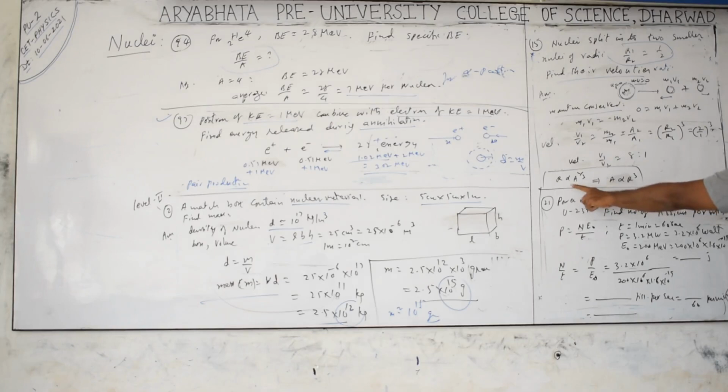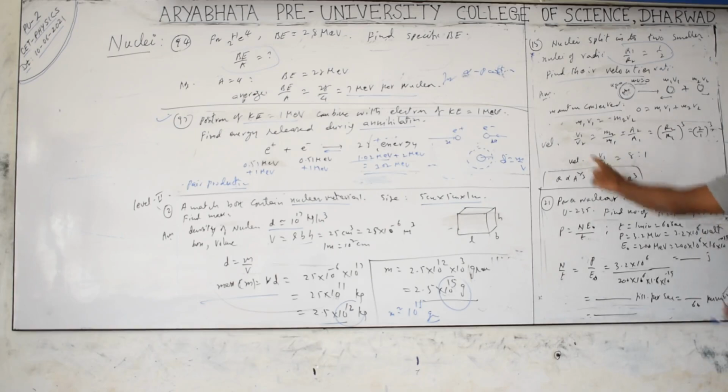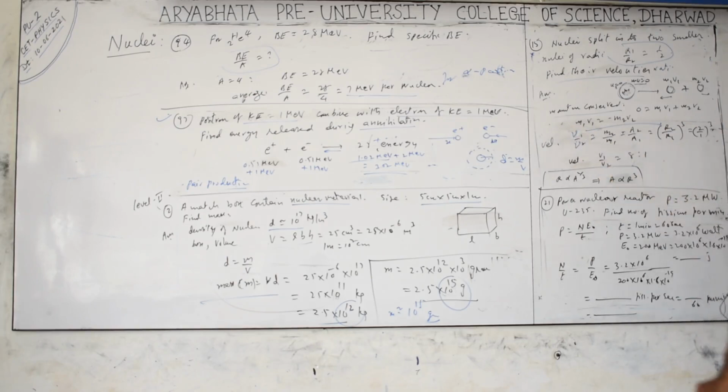The radius relation we know is that radius is proportional to A to the power 1 by 3, or A is proportional to R cube. So wherever you are using the A relation, now we can replace it with R cube. That means R2 by R1 whole cube gives the inverse ratio v1 by v2. This is not volume, please, it is the velocities. You have to be careful with the reverse ratio. What is given is R1 by R2 is 1 by 2, so you take it as 2 by 1. Cube means 2 cube is 8. The answer is 8 is to 1.